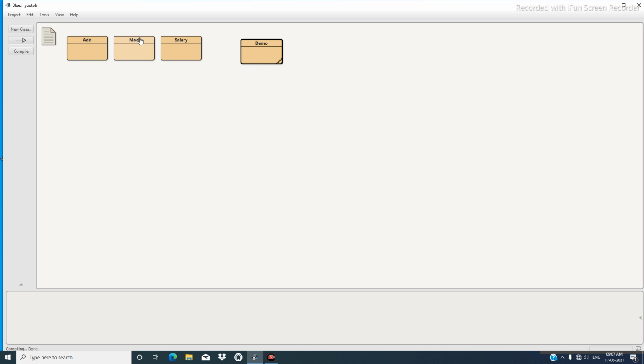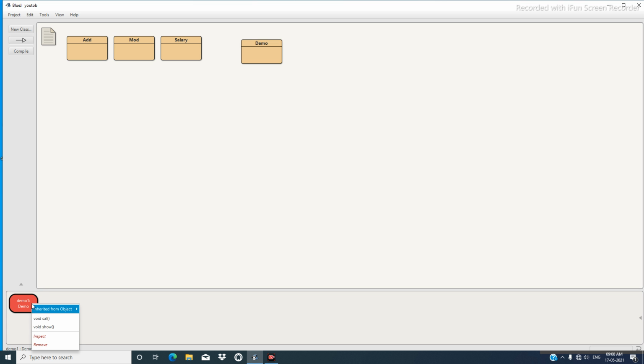We close this, right click on this. This is the constructor new demo. You call that constructor, and this is the name of the object or instance as suggested by BlueJ. We click on the OK button, and you can see the object demo has been created over here at the bottom left hand corner of the screen. So this is known as the object bench. Here you can find objects. Whatever objects you create will be created at this place.